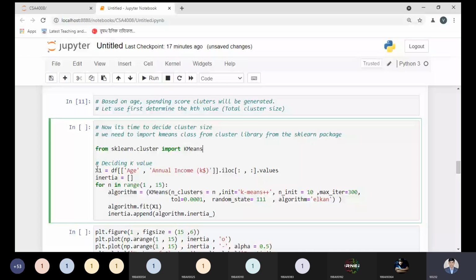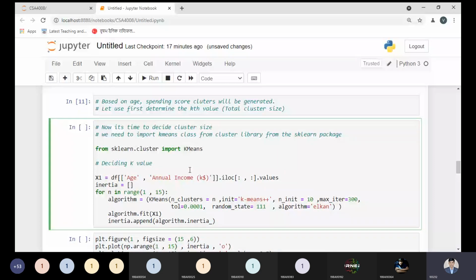What are the columns we have decided? Let us understand. We have chosen age and spending score columns. Now for doing this activity, in the x values we need to use these two values to make a cluster.